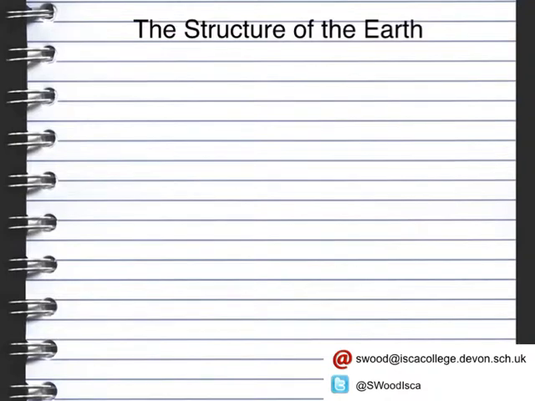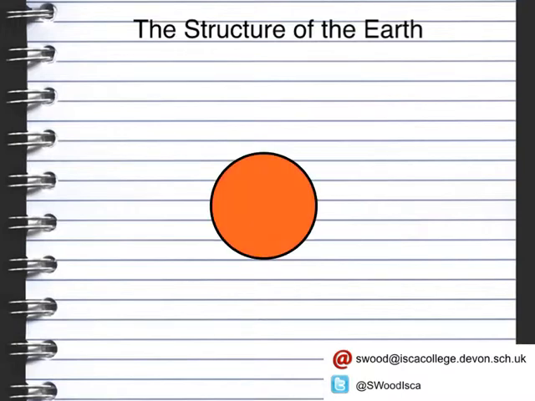Okay, so the structure of the Earth. Now, the Earth is a sphere, which means it's a 3D round ball. The centre of the sphere is split into different layers. The first layer is the core. The core is split into two, with an inner core here, and then outside of the inner core we have the outer core. This takes up roughly half of the Earth's radius. After the outer core,